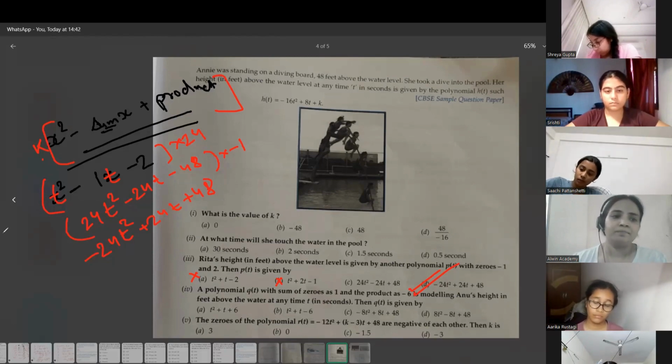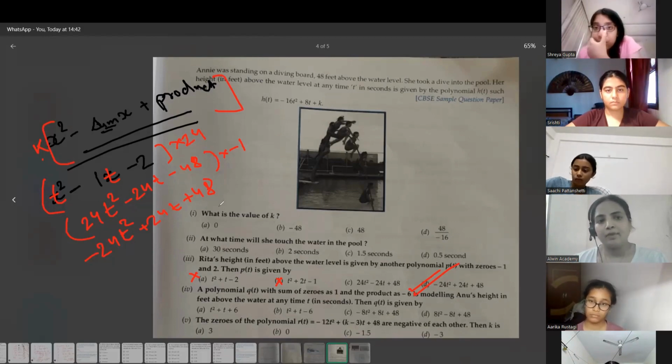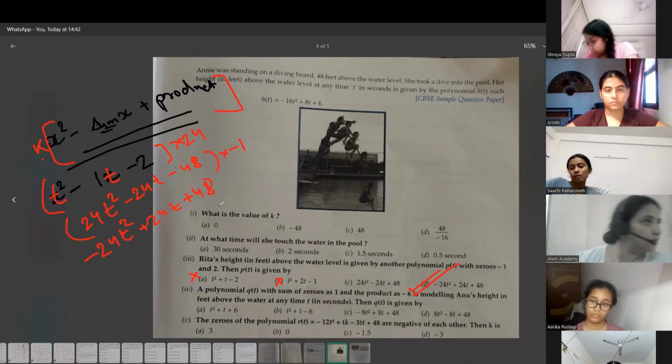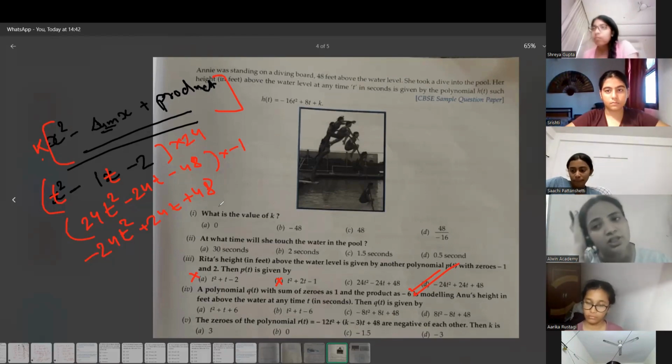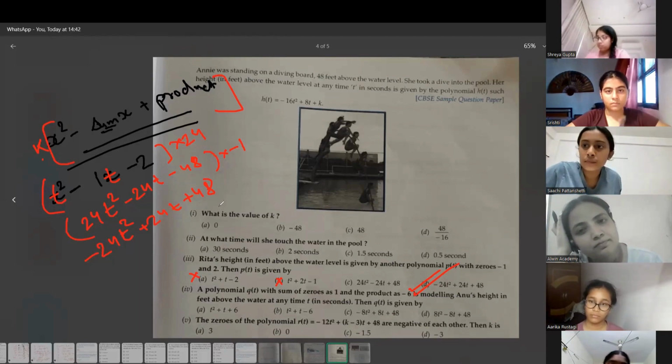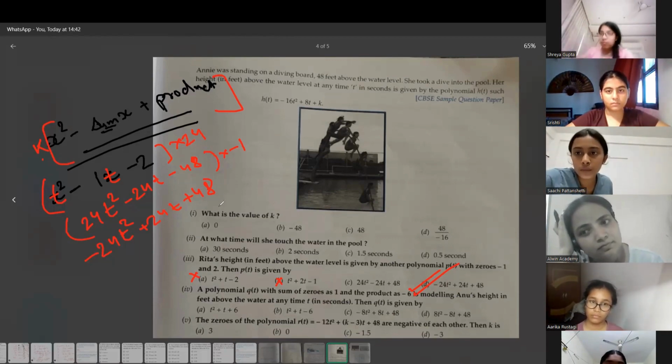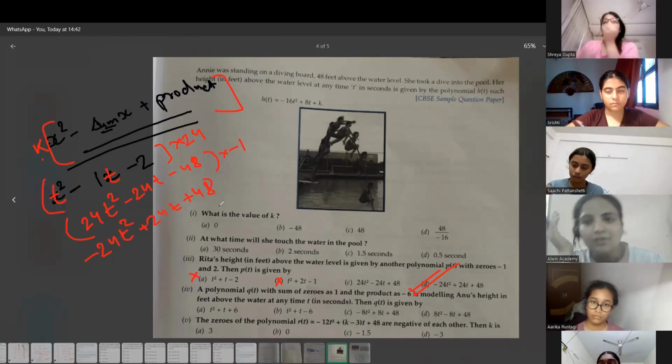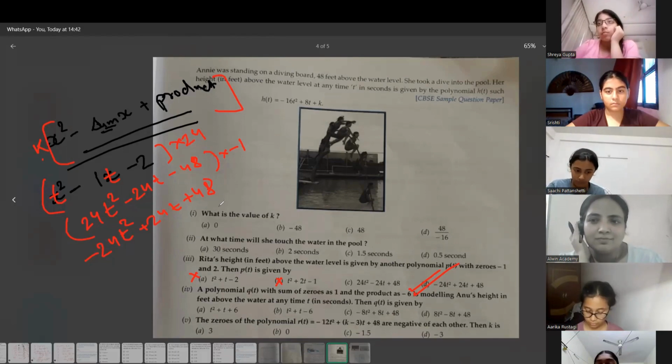Anyone who didn't understand? Ma'am, I did it in a different way. How? Ma'am, I got to know that something will come from C and D because the first two were very different. Okay, Janisha, now tell me. Ma'am, I got to know the first two options wouldn't work. Ma'am, D seemed familiar because I took -1 as common, and after taking that, 24t would become minus 24t square.